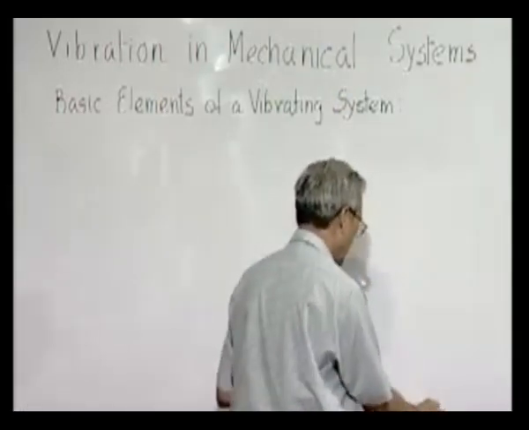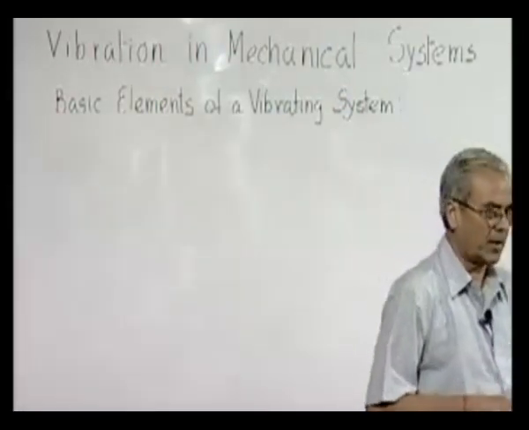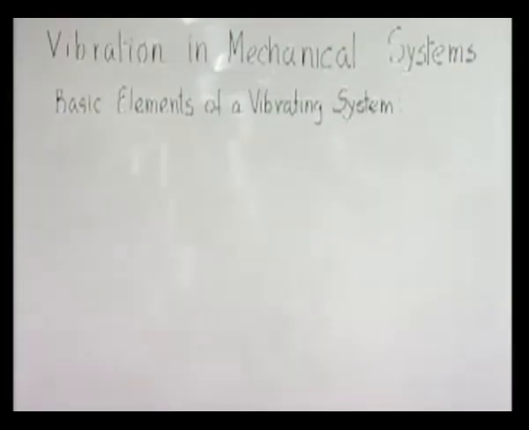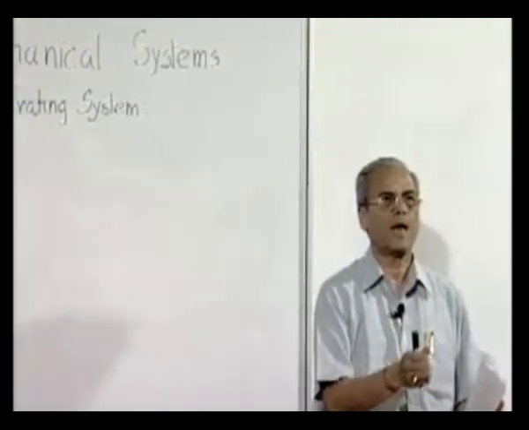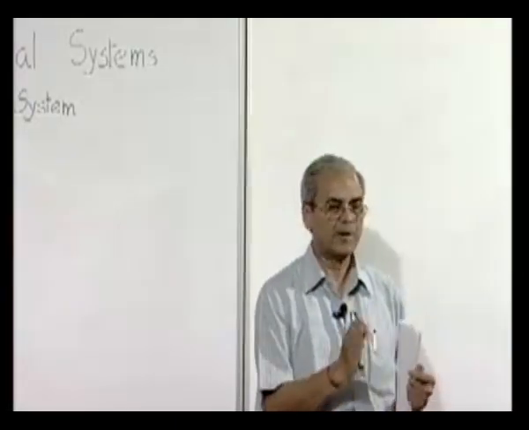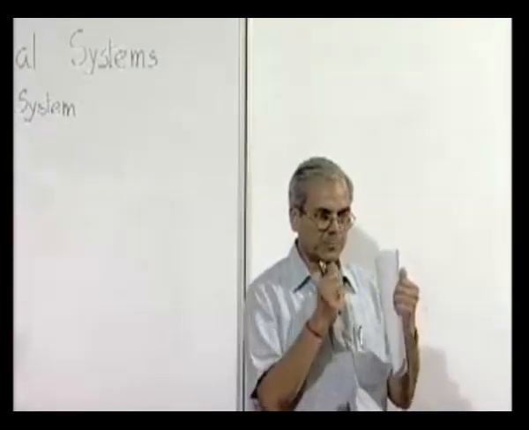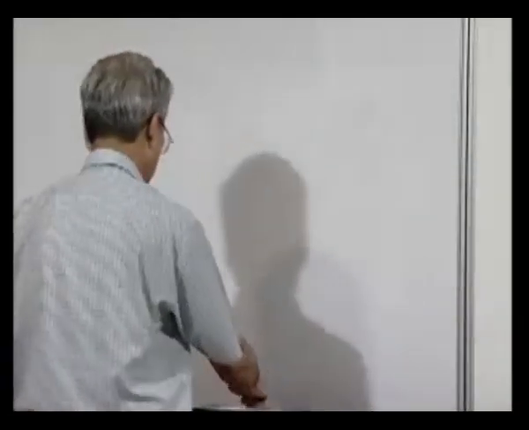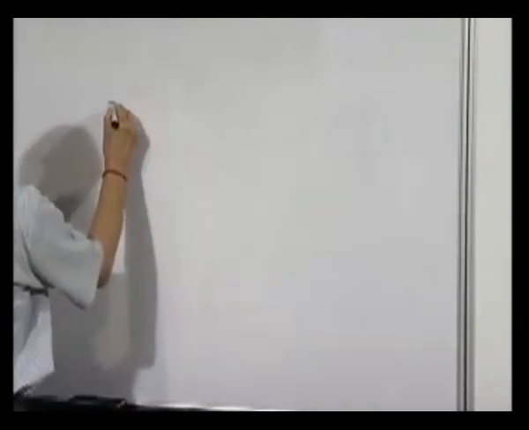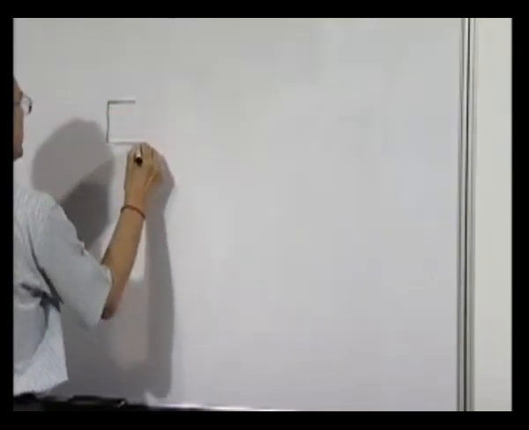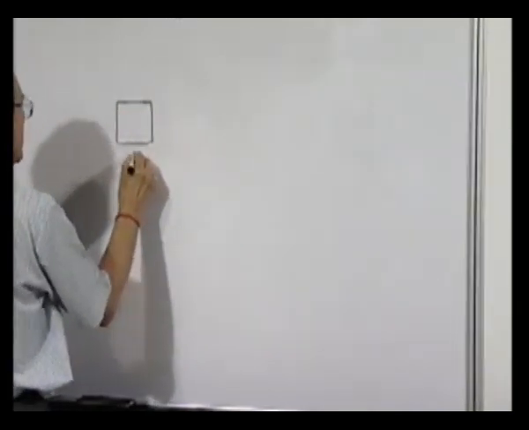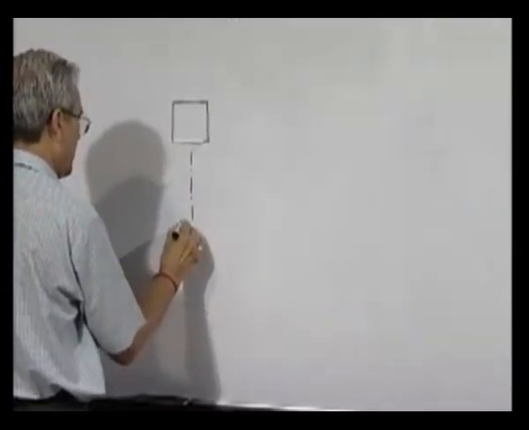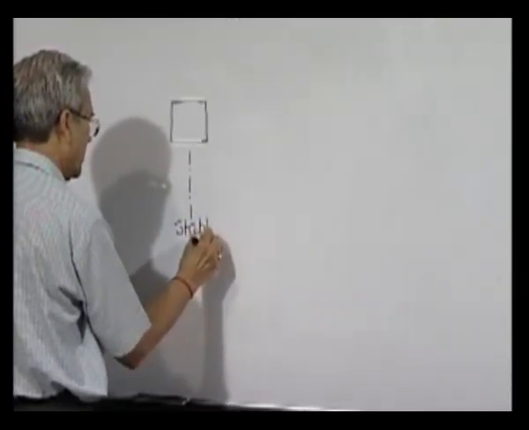Now, why does a system vibrate? The most important thing required for a system to have the capability to vibrate is that it must generally have a stable equilibrium position. That means a position where it stays if not disturbed, and it comes back to it if disturbed. If I have a body and this is its stable equilibrium position,